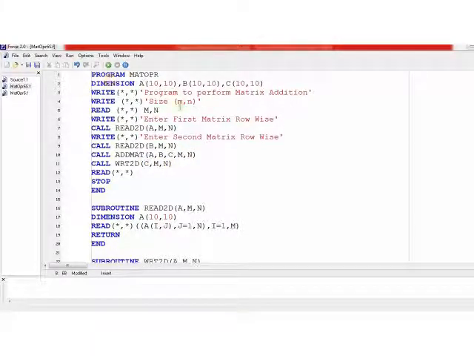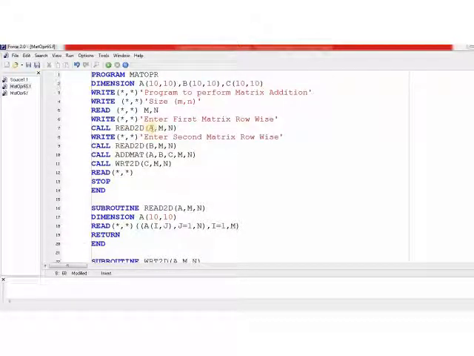If you look at the main program, you can see that we have called different subroutines for performing these tasks. Here we are reading the value of m using a simple read statement. But the next statement, which reads the first matrix, is performed using a subroutine called read2D.